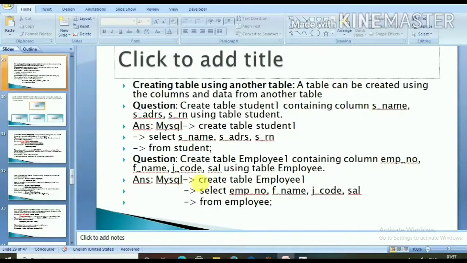The command will be create table employee1 select emp underscore no, comma f underscore name, comma j underscore code, comma sal, each column separated by commas, from employee. So the command is create table employee1 select emp underscore no, f underscore name, j underscore code, comma sal from employee semicolon.